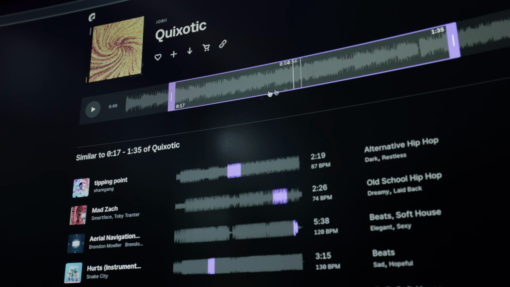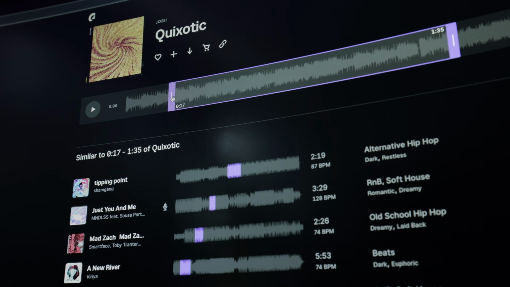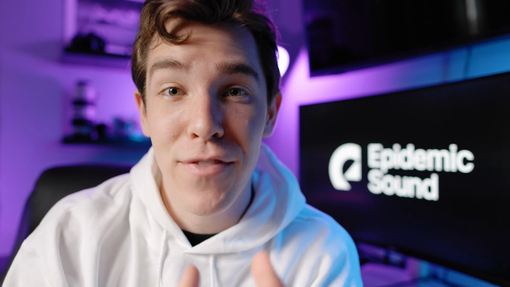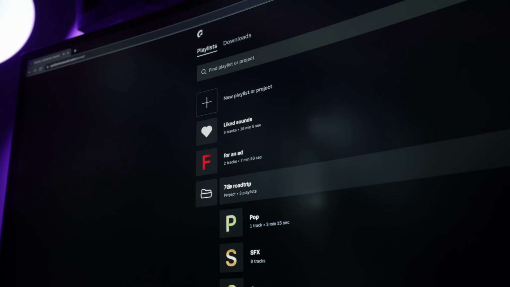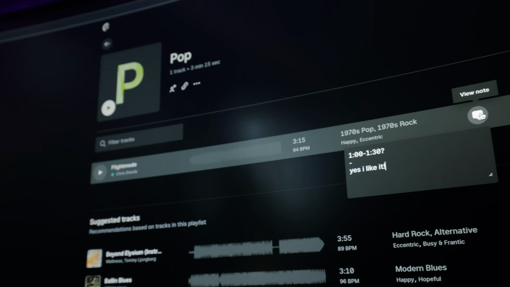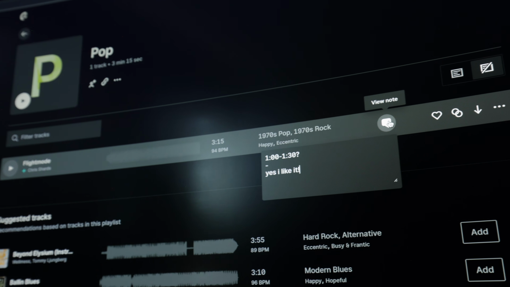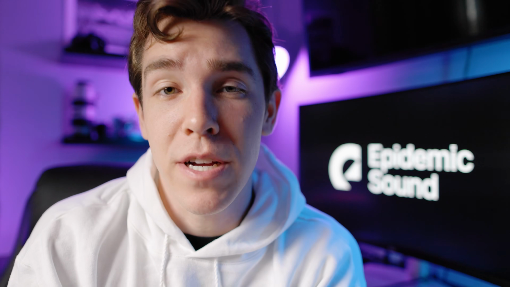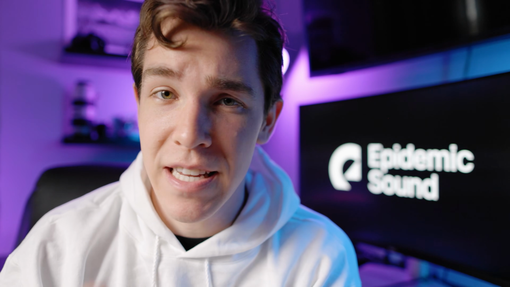Epidemic has the most advanced find similar feature that I have ever seen, where you can search for matches to select portions of songs. It doesn't even have to be the full song. And their playlisting feature is an incredible tool for collaboration between editors, creators, and directors, where it's all built into Epidemic's site. These are two really complex features that would take way too long to dive into in this video,